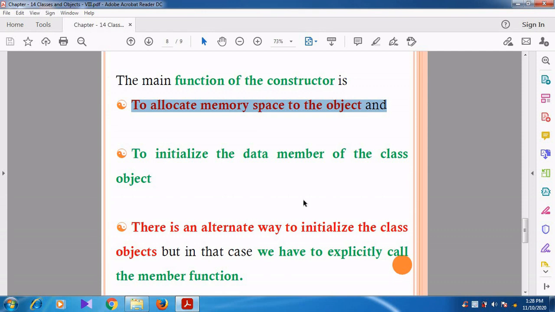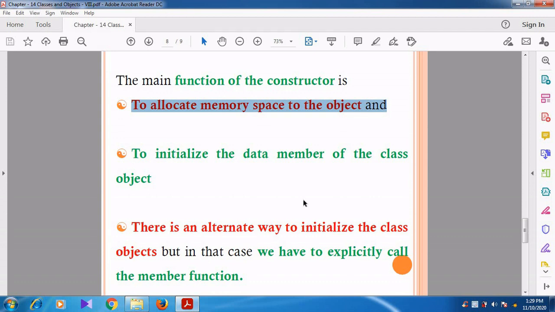Whenever we declare the object, the memory space is not allocated by the compiler. The constructor is used to allocate the memory space for the object. Can you understand, students?